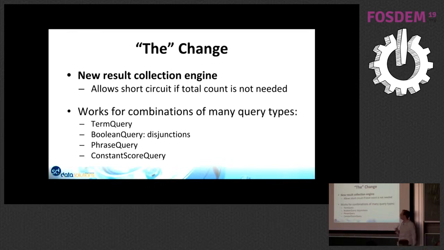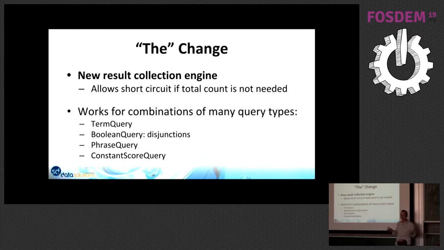That means if you do not need the whole result count, so the exact count of matches, then you don't need to count all the matches and calculate the score of each, so you can short circuit and just say, I have found more than 1,000 results, or something like that. And that brings a lot for specific types of queries, especially Boolean queries. If you have many OR clauses, and maybe some of those OR clauses have very, very common terms like stop words, and in OR you have many results,